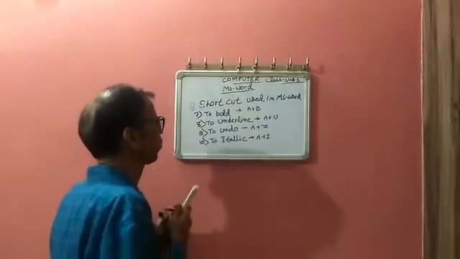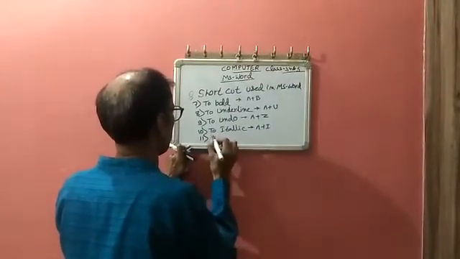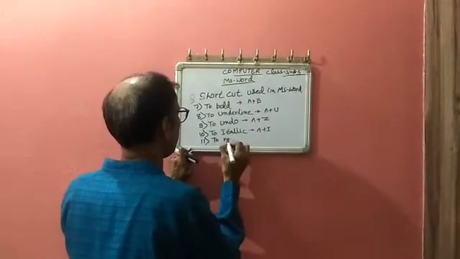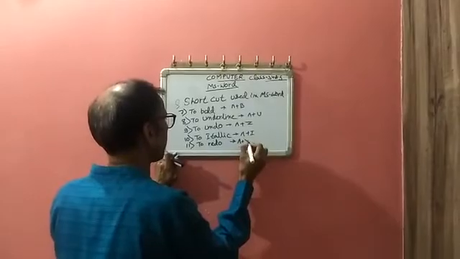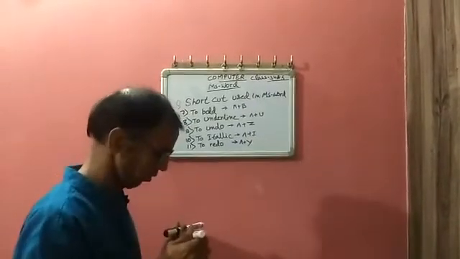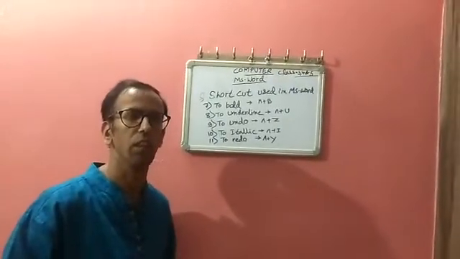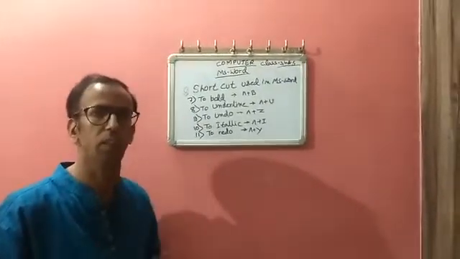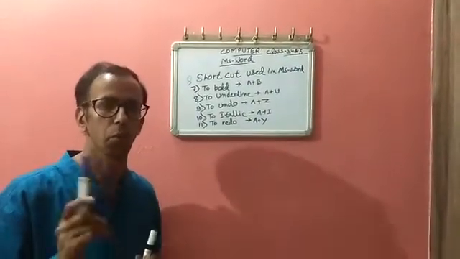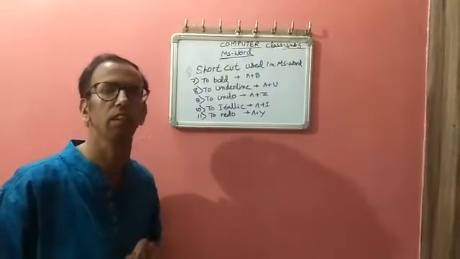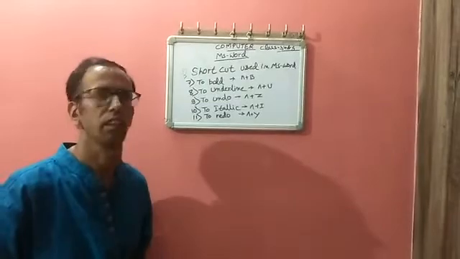Okay, one more is to redo our work. To redo, Control plus Y. These are a few shortcuts we use in practical work. After we are with the computer system in the lab, we will do all these shortcuts. So you must learn these shortcuts so that you can do your practicals quite easily. Fine.